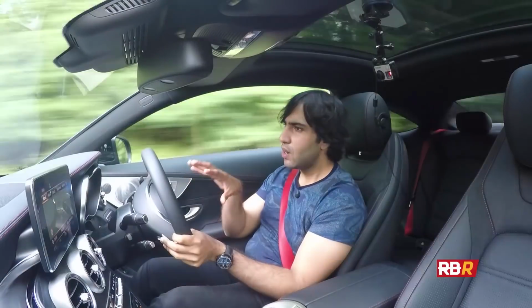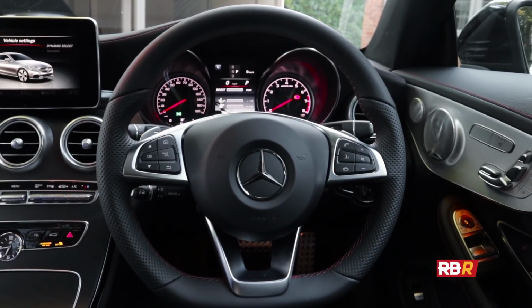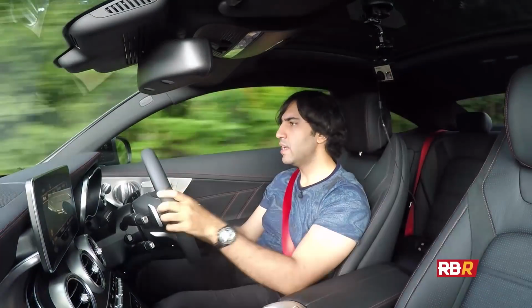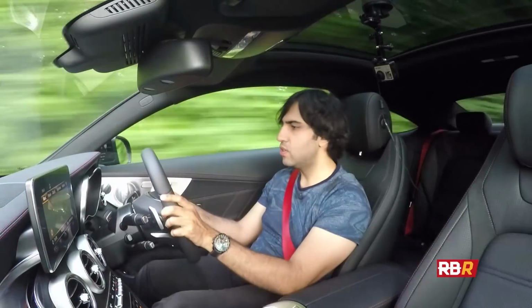The dials here are proper AMG dials on the front. They've got white circles as opposed to the red ones you get in the 63s or the yellow ones you get in the Edition ones and the GTS. But they are proper AMG ones. You also get the AMG screen on front here, which gives you the oil temperatures, gear changes, what modes you're in,